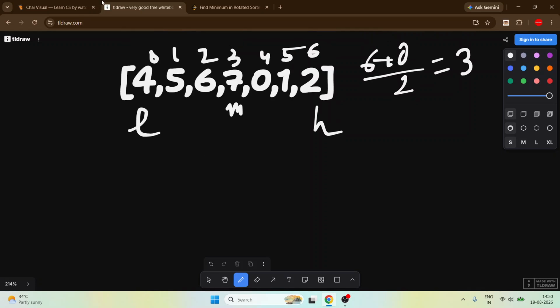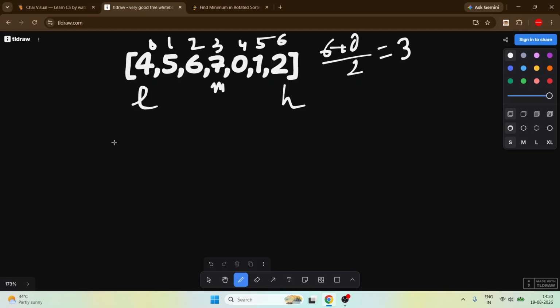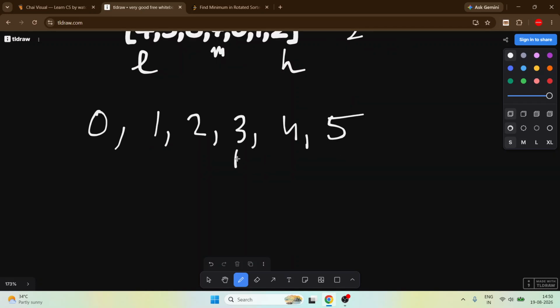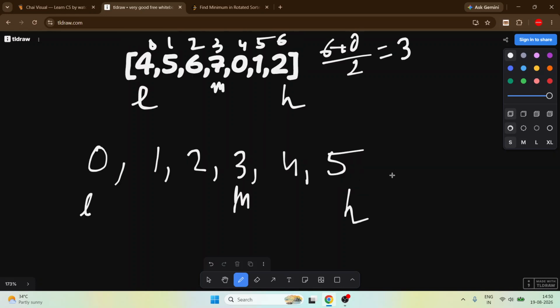Okay, now let me draw it like this one. In our simple binary search, this will become our mid if our low and high are this. What do we check when we find mid? We just check every time in which portion our answer lies. Is it greater than the mid, or is it between this mid and high, or between this low and mid? You have to find in which portion we have to perform the search.